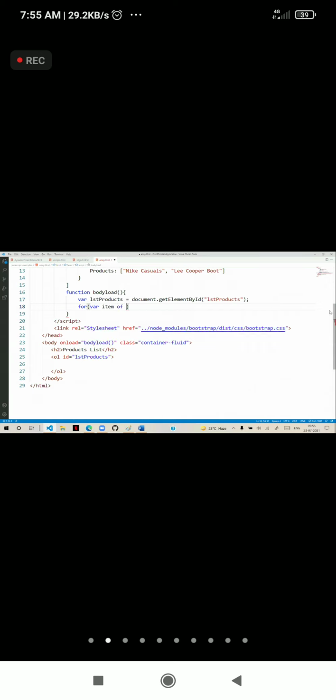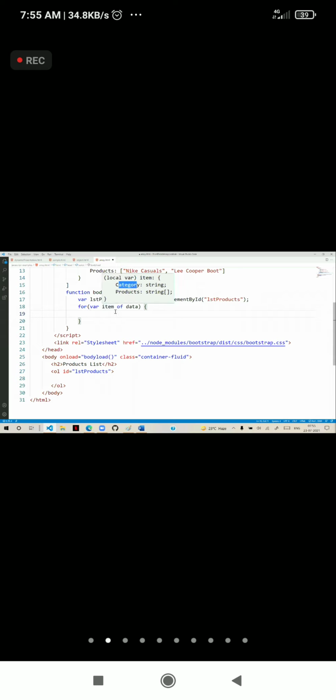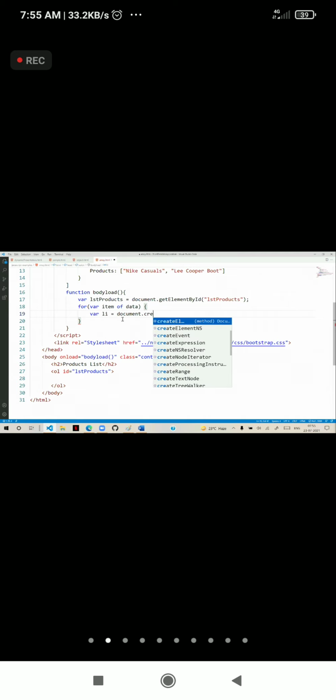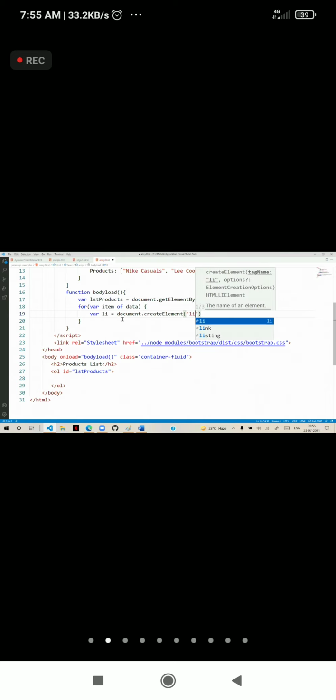We are reading every item, and this item contains two properties, one is category, another products. For every item, we need to create a list item. Then var li equals document.createElement li.